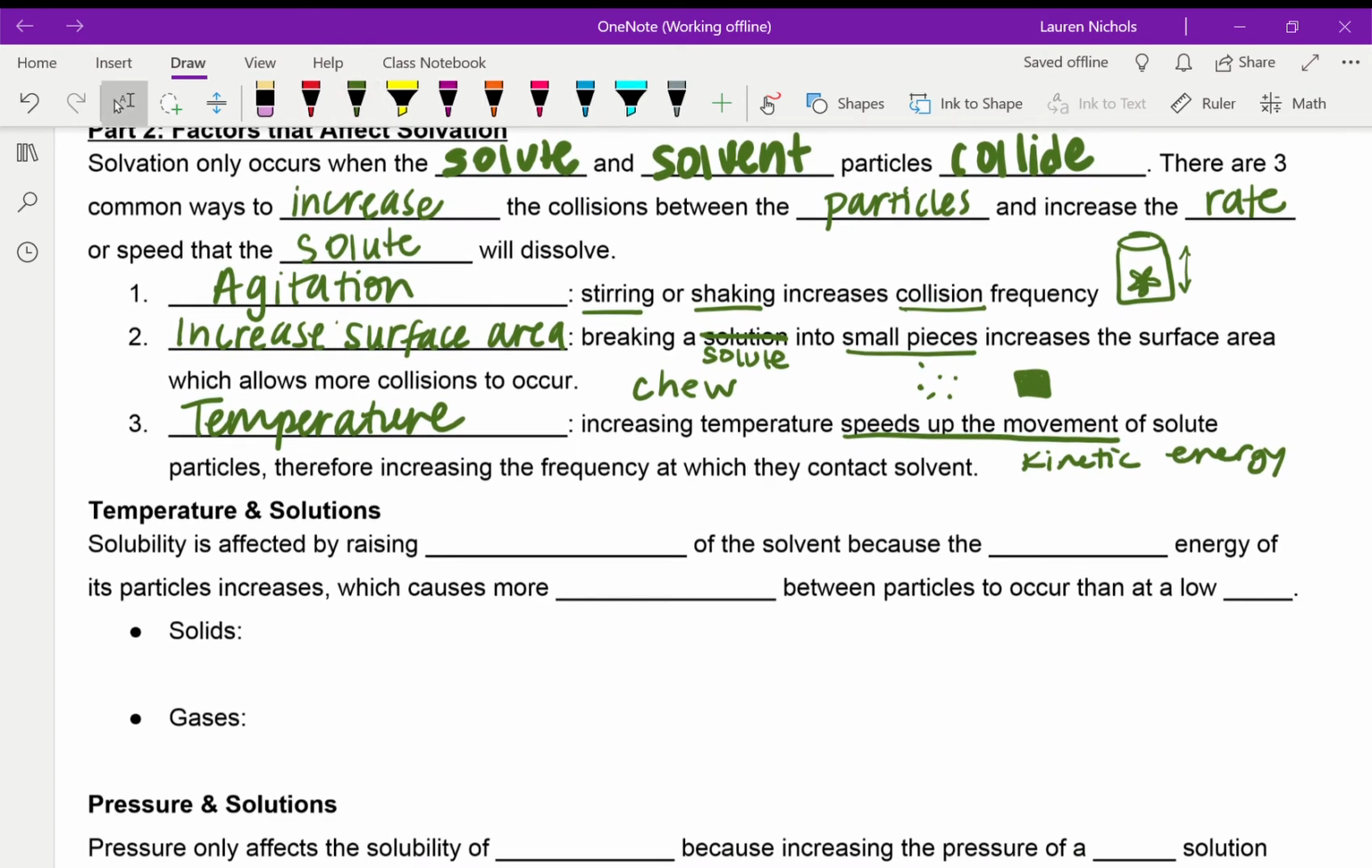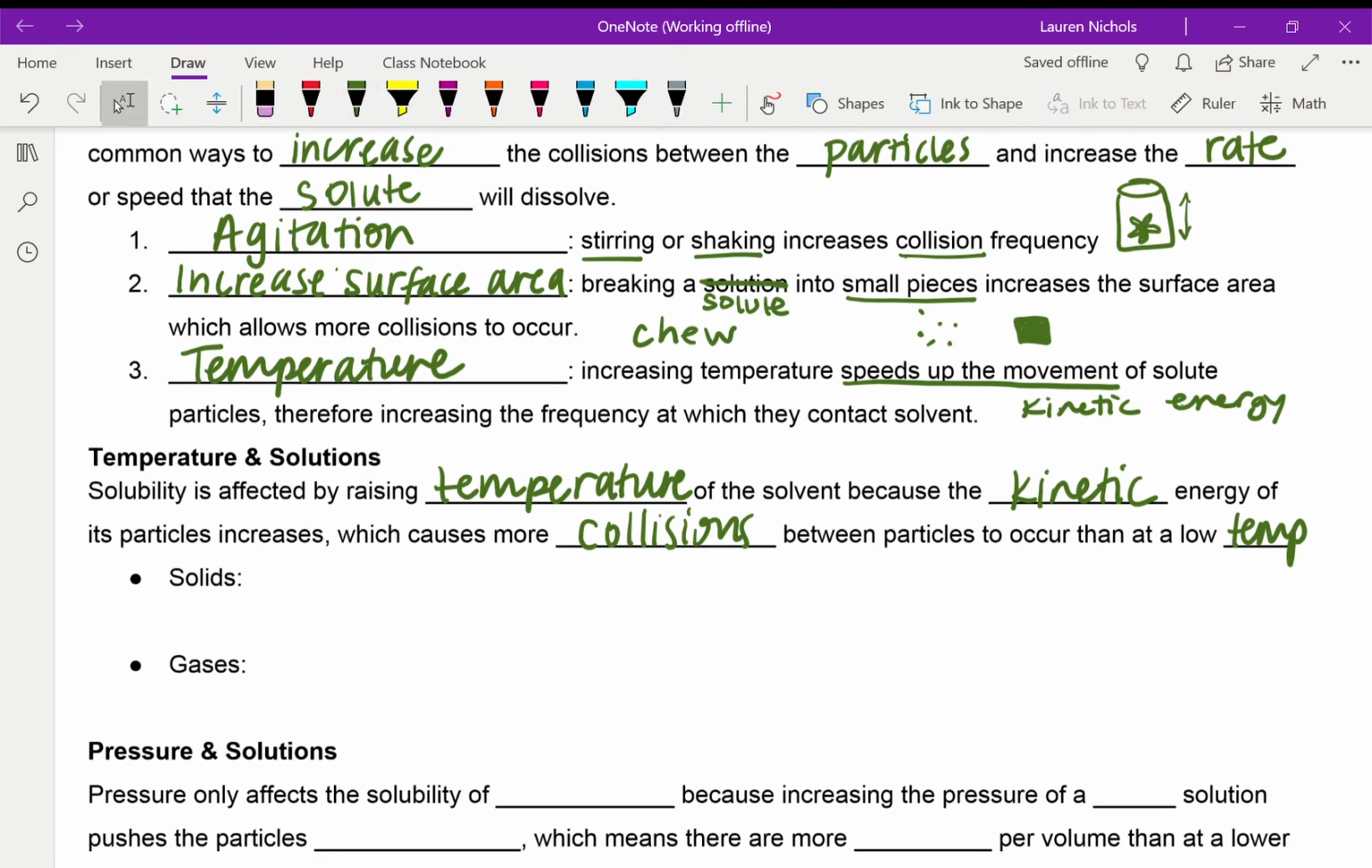And so temperature, though, is really special because it impacts solutes differently based on their state of matter. So we know that solubility is affected by raising the temperature of the solvent because of that kinetic energy we were talking about and how it's going to cause more collisions compared to a low temperature. But if you're a solid compared to if you're a gas, raising that temperature is going to have two different effects. So when you raise the temperature of a solid, then increasing your temperature will also increase your